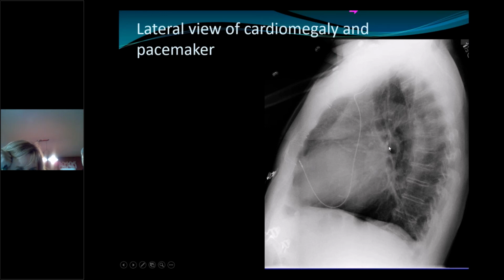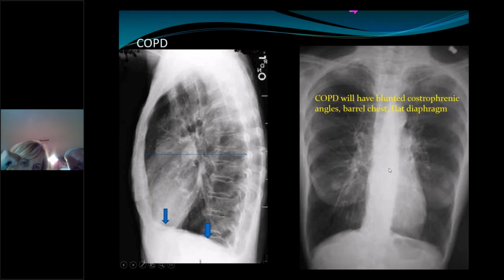And obviously, as I said, they're less than half a centimeter, so we're not too worried about those. All right, so what's the difference when you're looking at these things? How do I know if this guy's got COPD or asthma if he didn't use his Marlboro miles to pay for his visit? And as you look at this, on the picture on the left, this patient has significant AP